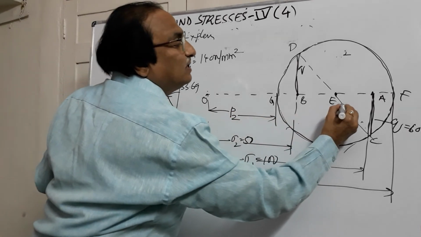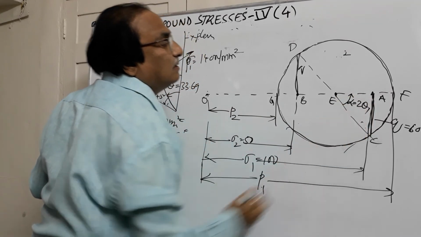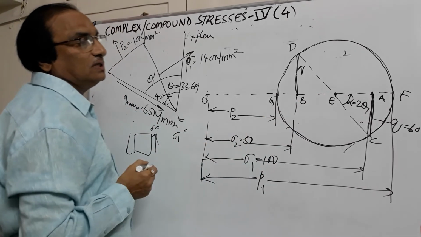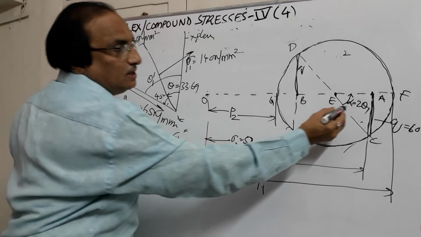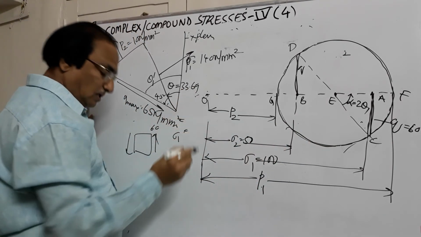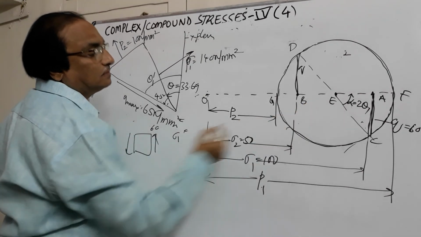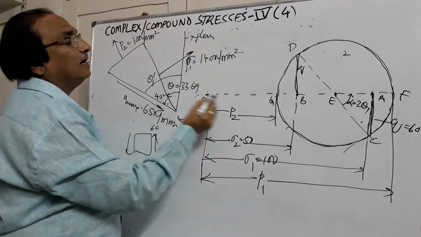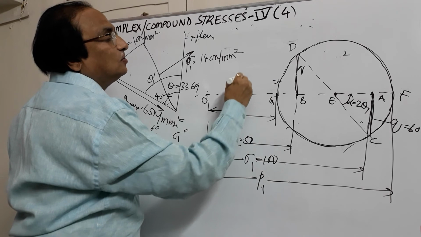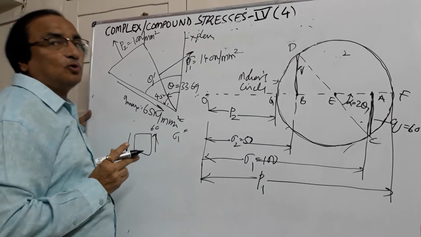And the plane on which it will be acting will be, this is alpha. If I call this 2 theta 1, this will be 2 theta 1. So this is the plane on which the major principal stress will be acting. If you measure this angle, what you get will be twice of this one. So this will be 70. So we have written just now, that will be the angle made by this. So this is how you will have to draw the diagram. This is known as the Mohr circle.